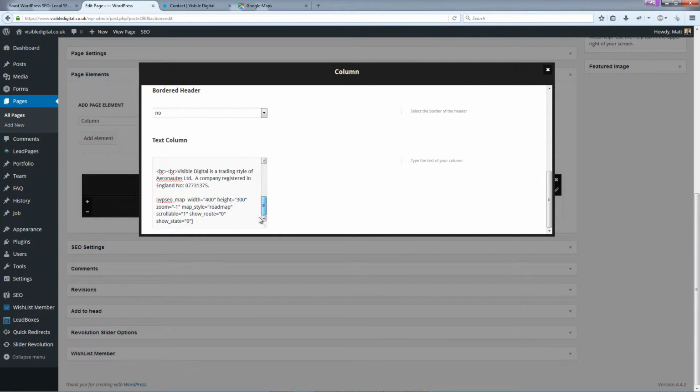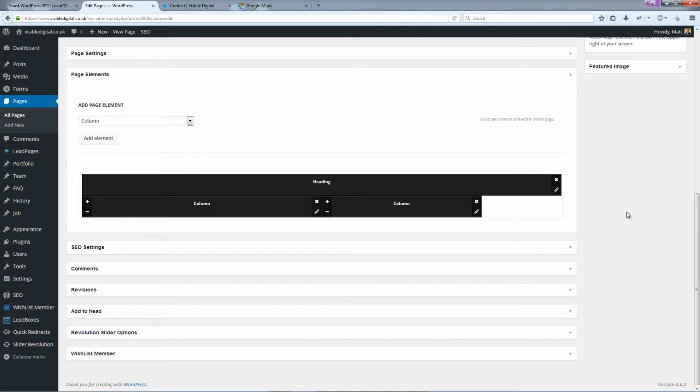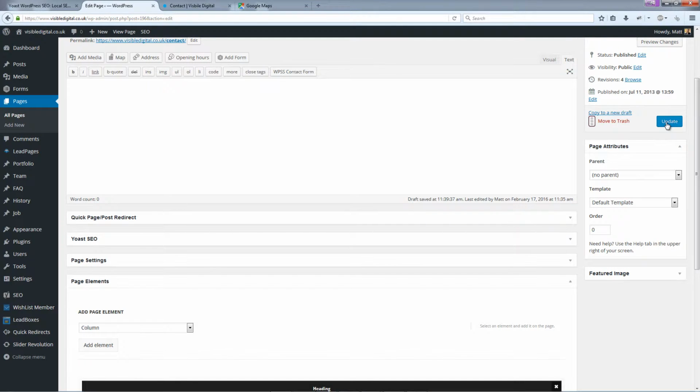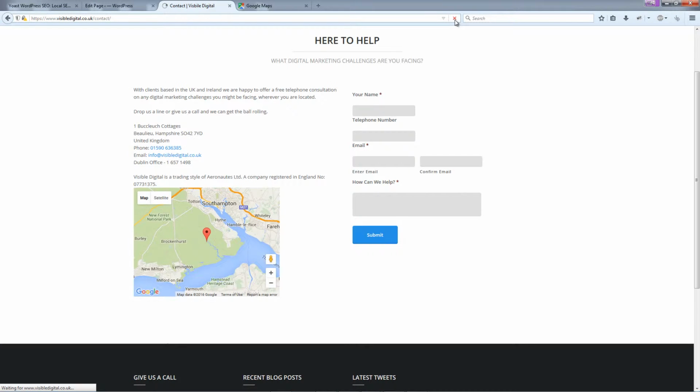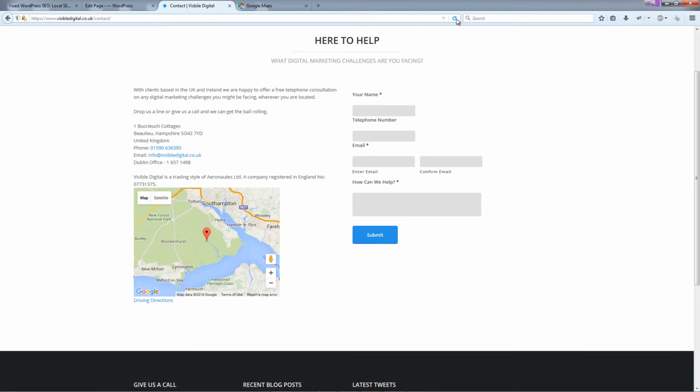Going to come down to the section of my theme that controls all of the information related to the contact page. Now this is clearly going to be different for everybody's theme, but hopefully by the end of it you'll see the outcome that we're looking for when I refresh the contact page. I click refresh. Now you can clearly see we have the map showing the destination, showing the business location, and